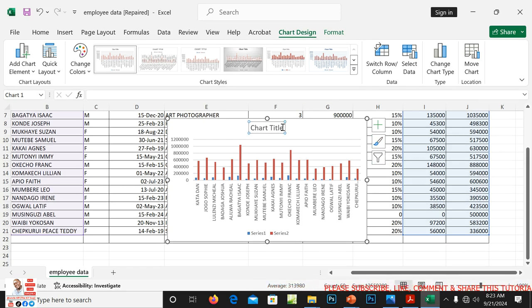So we shall say a column graph representing employees with their increments and the new wages.